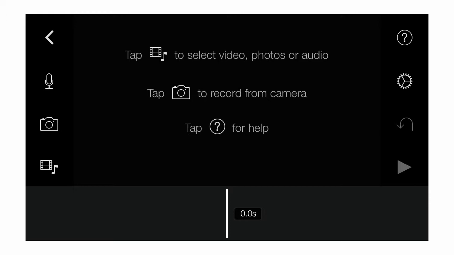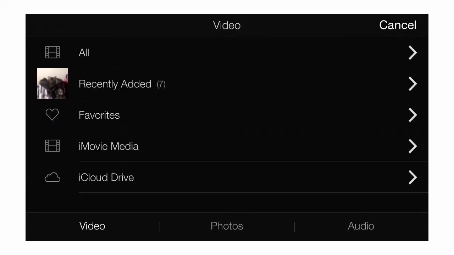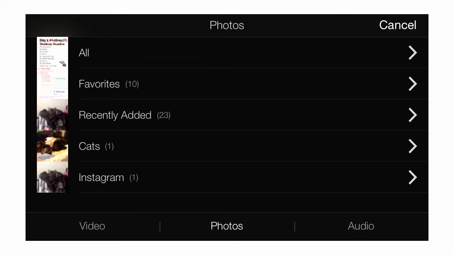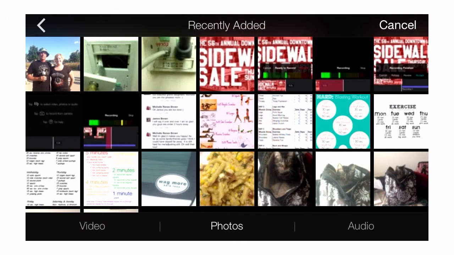Until you bring in a clip, the project is not yet created. Let's bring in an image I'm going to use to start our project. To add a clip, you select the film strip and note icon on the left. From this screen, you can import videos from a variety of locations, photos, or audio. Your audio can be selected from theme effects, music, or sounds on your device. We're going to go to Photo, and then we're going to select Recent, and we're going to select the sidewalk